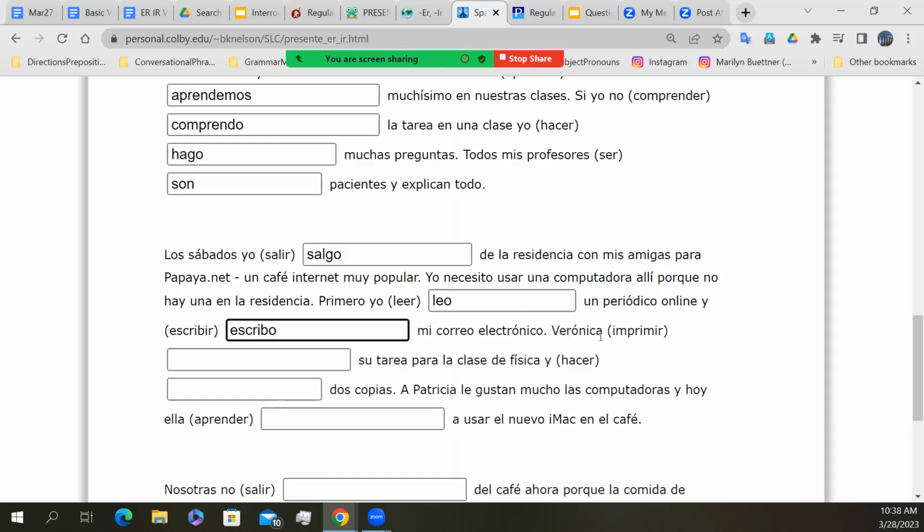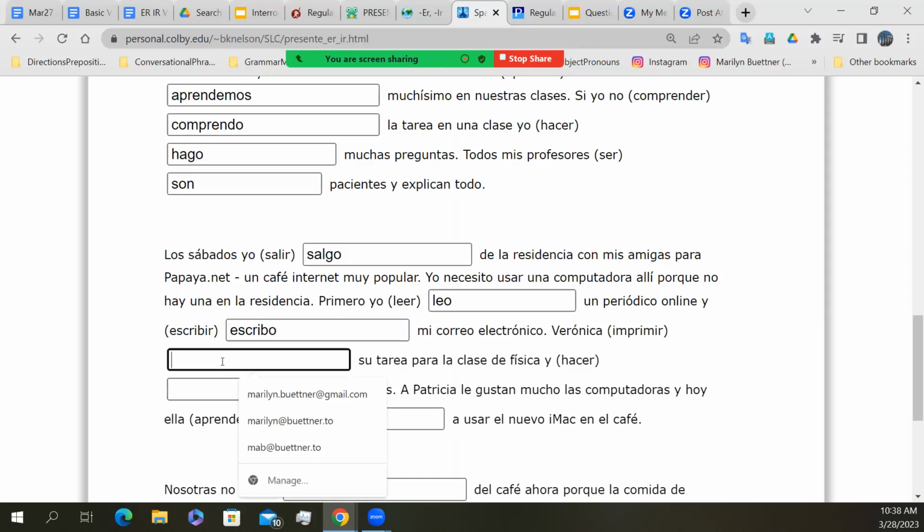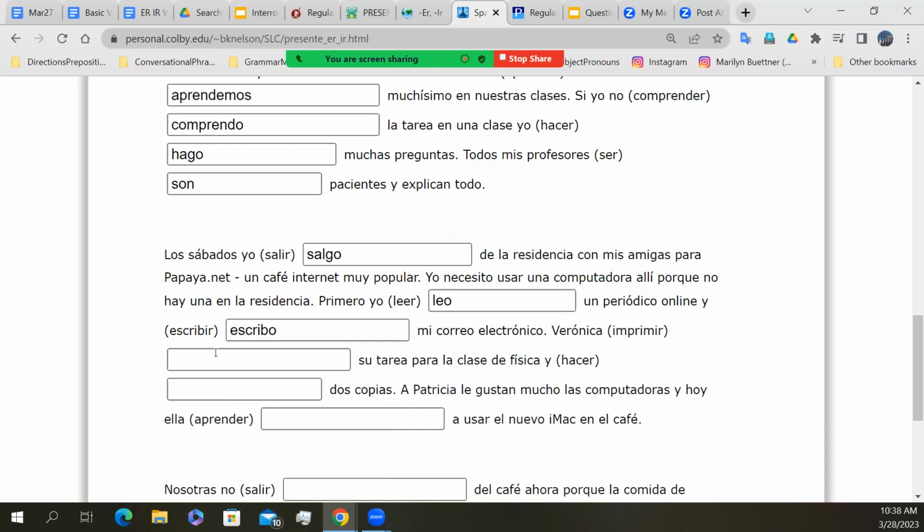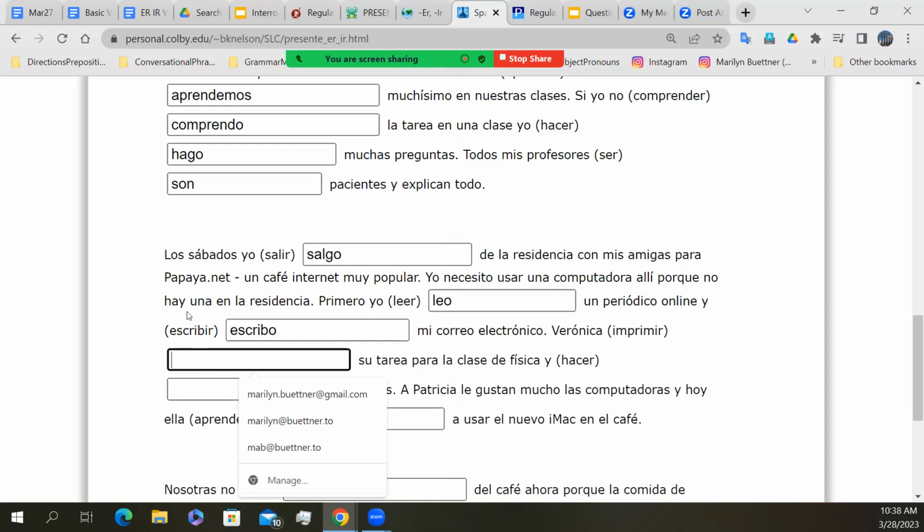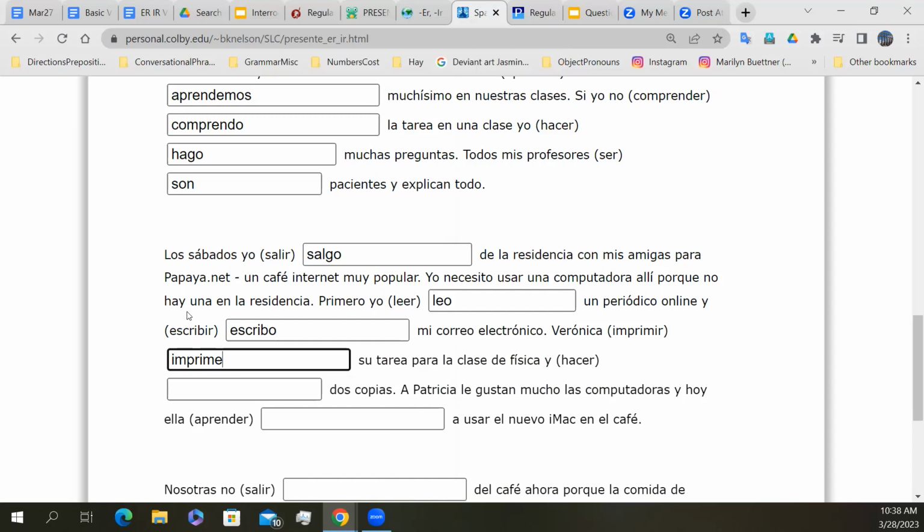Veronica, she prints out her homework. Veronica imprime, and it won't be imprimo. Imprime, she prints out. Imprime su tarea para la clase de física, for physics class, para la clase de física,